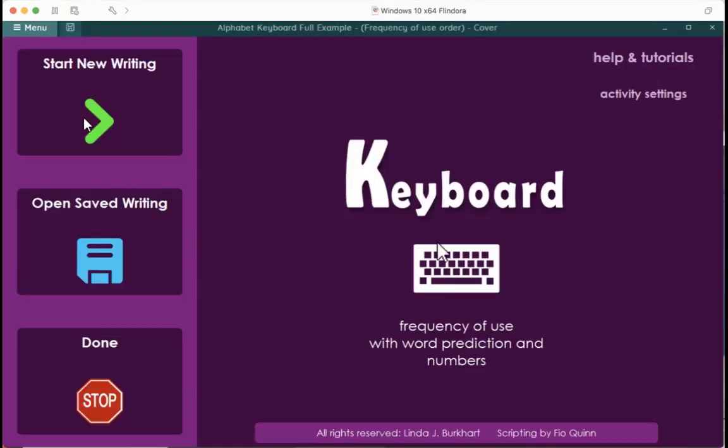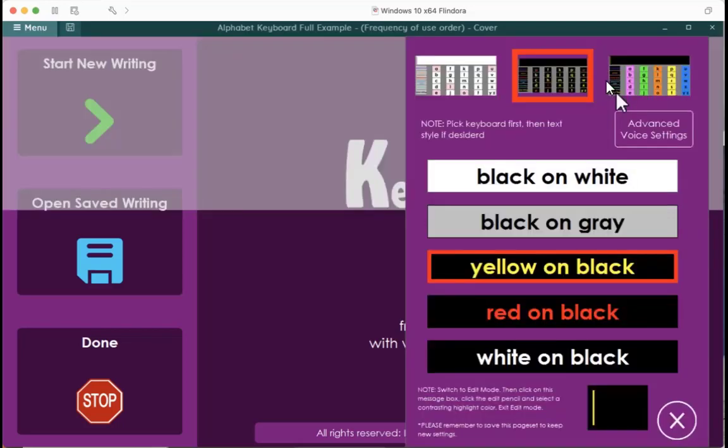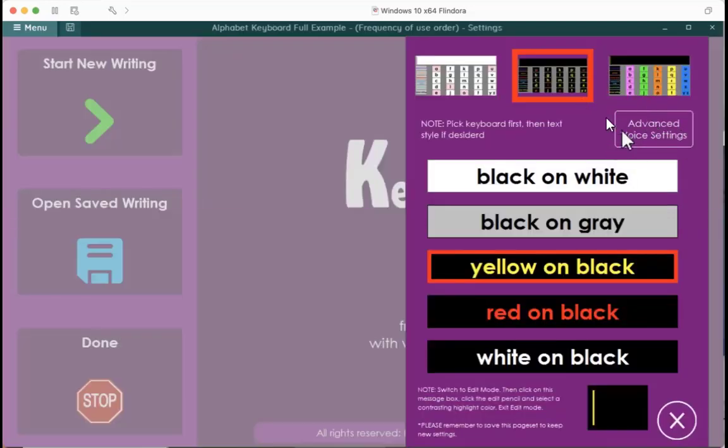Okay, so here on the right side, I see activity settings, and it's something that I saw on another activity. Can you open that and show me the colors? I see there are different color schemes. Yes. So I opened it before just to show you the voice settings, but there are also settings for the